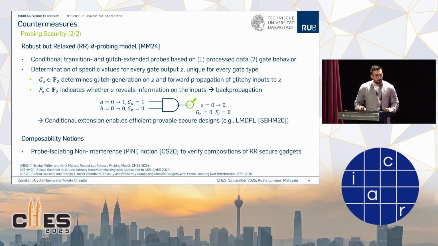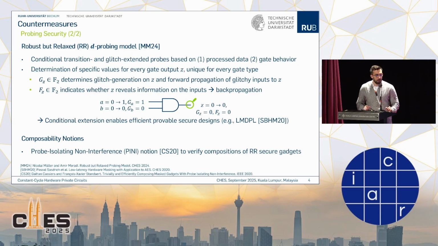Now, last year, the robust but relaxed probing model was introduced by one of my colleagues, which is based on some observations that we made in a previous collaboration. And this model moves away from this worst-case assumption. So essentially, it introduces conditional, transitional, and glitch-extended probes that take into account the exact data and the gate behavior of the combinational logic. And it does this by determining 2 different values, which is determined differently for every unique